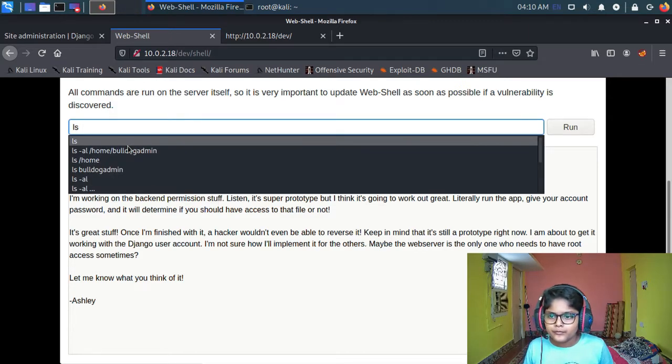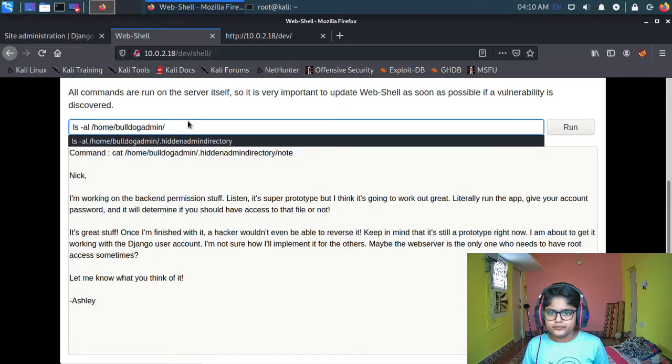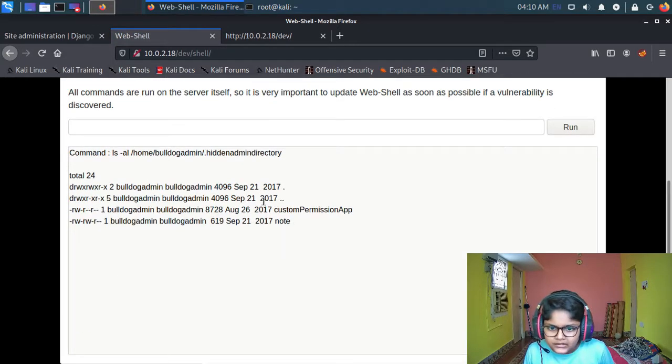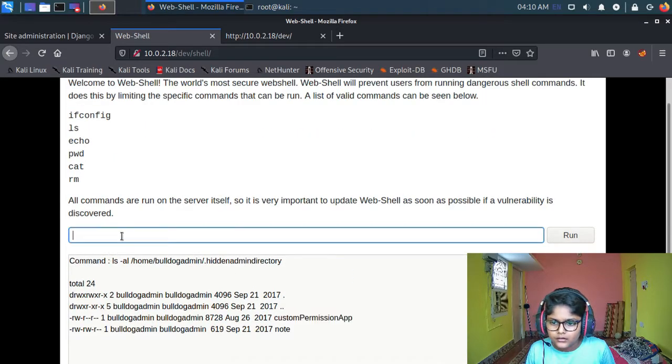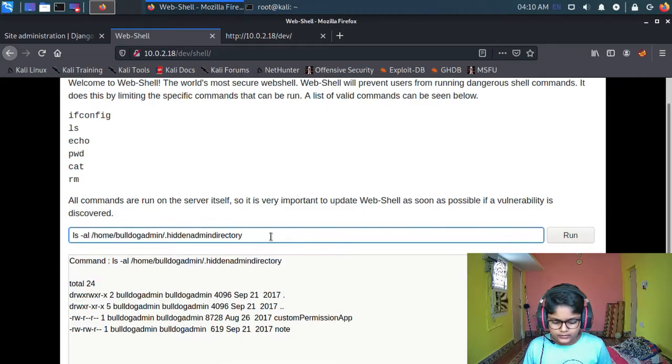ls getmin and so let's look up this custom permission app. Copy. Tag L and let us read what's inside.